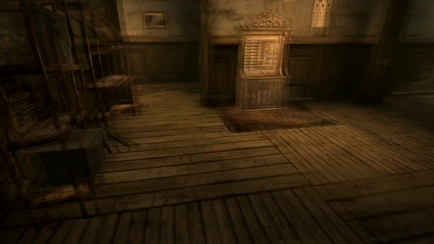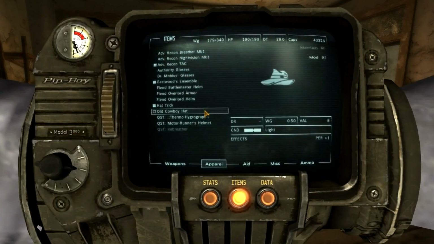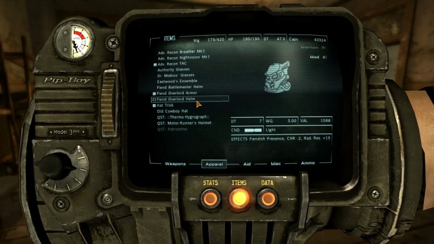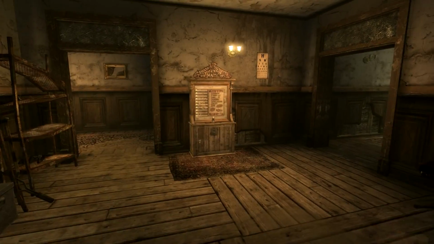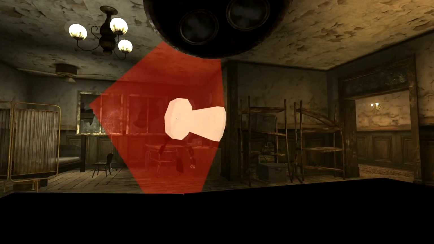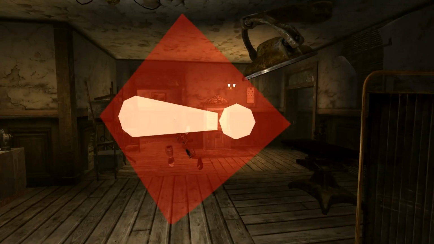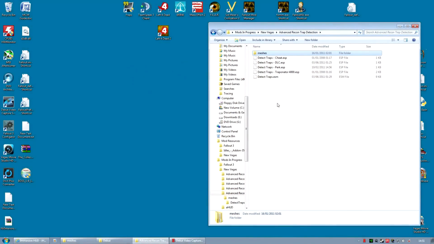I go to my Pip-Boy and put them on. Now when I go third person to look at myself, as you can see, a giant red exclamation mark. This means the model is missing. Now be warned, the same thing happens if you're missing meshes. So it's not just mods that come with BSAs. If you're missing the meshes,